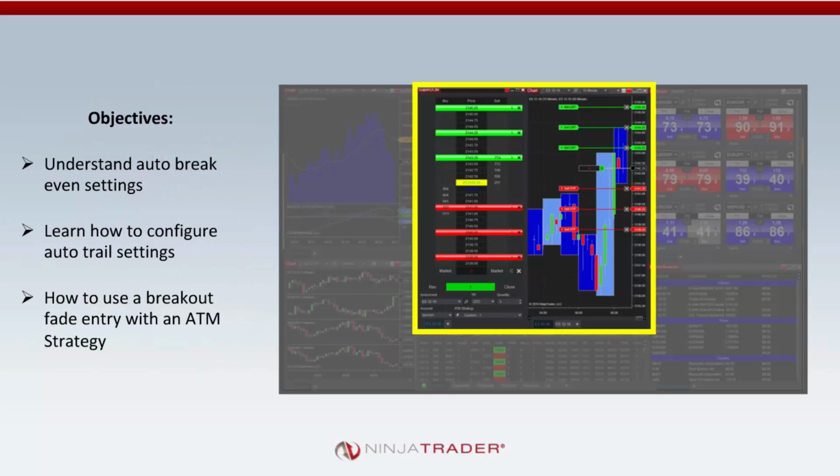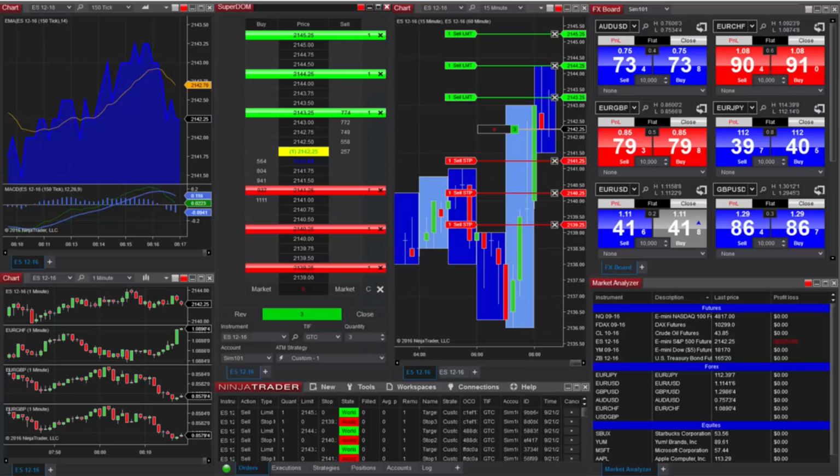All right, so in ATM 301 today, we are going to look at the auto break-even settings. We're going to learn how to configure an auto trail, and we're going to use the breakout fade entry with an ATM strategy, and there's a few other features that I'll highlight along the way that are new to NinjaTrader 8 that have to do with some ATMs. All right, so here's a picture of the Black Dojo workspace that we will be working with mostly today,